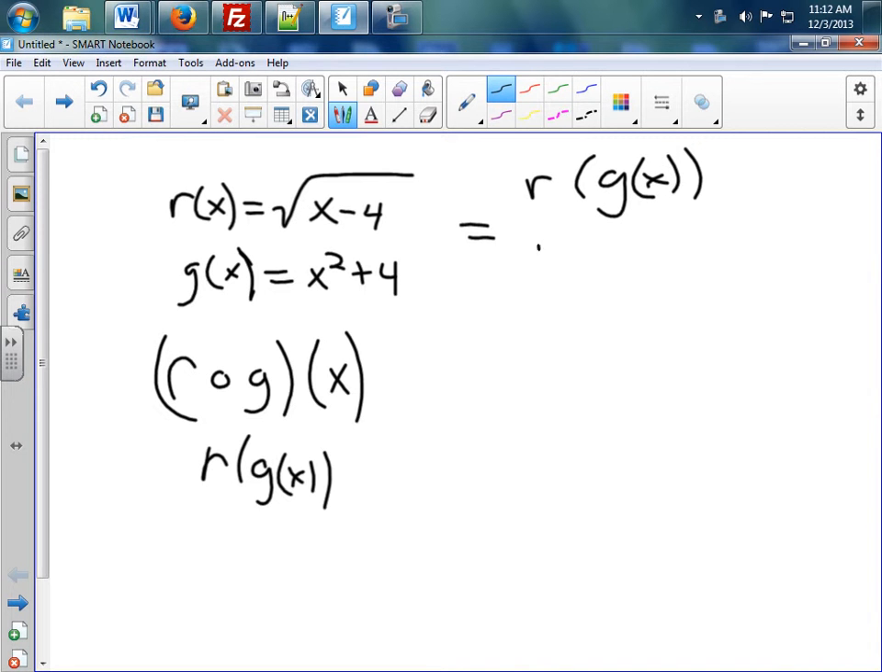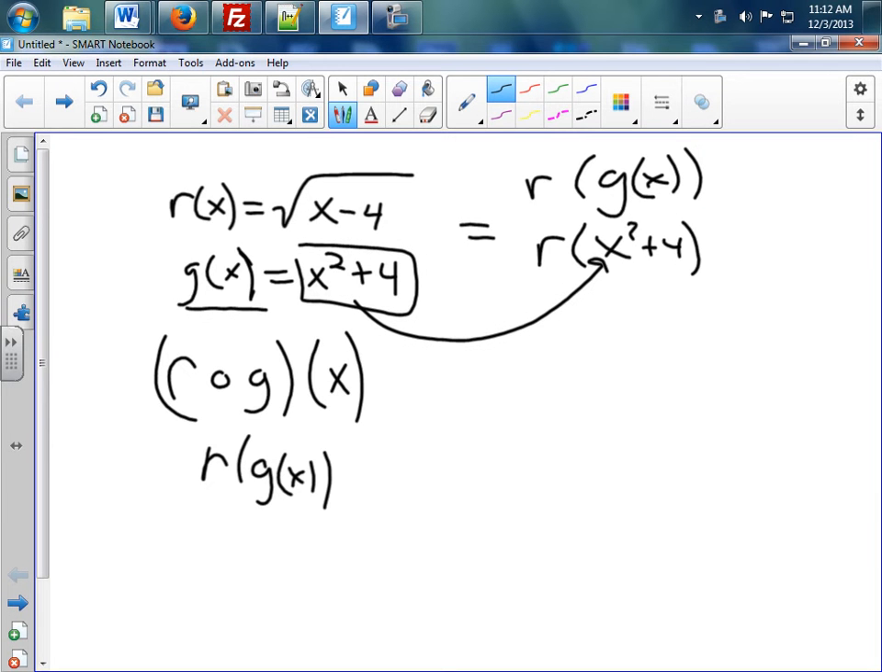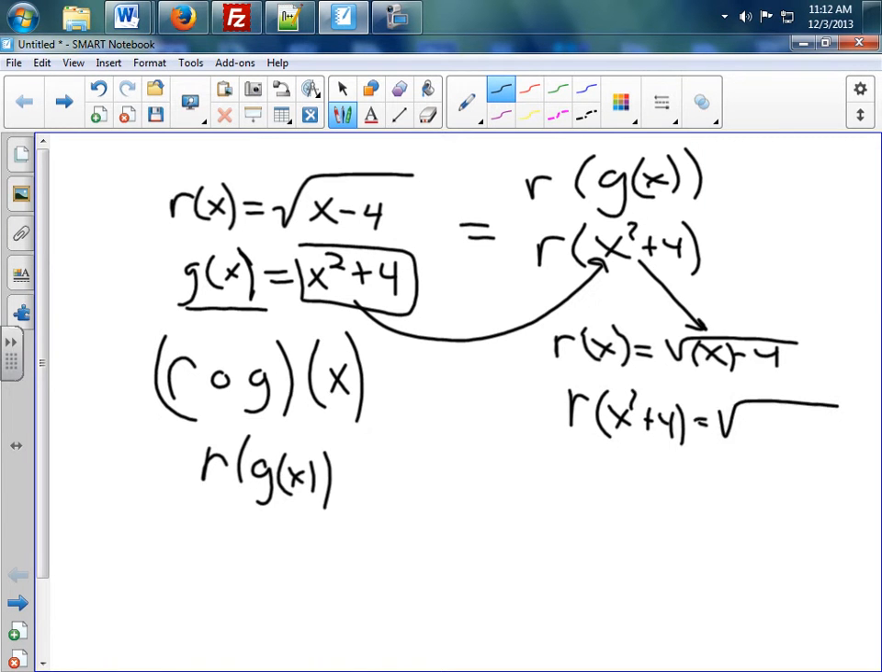Okay? Now I'm going to put in what g of x is. Well, g of x equals this, so I'm going to put that in there: x squared plus 4. Okay? So now I go to my r of x function, and I'm going to write it down for you. That's my r function. So wherever there's an x, I'm going to plug this into it. So I'm going to find r of x squared plus 4 is equal to